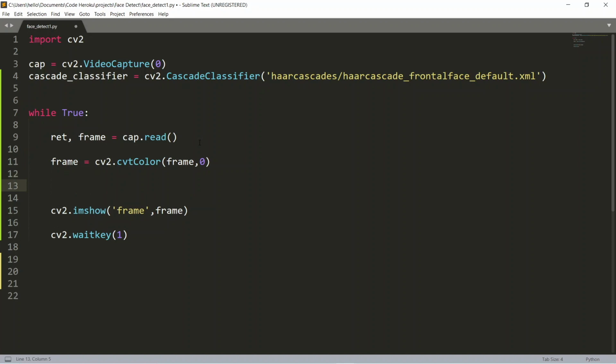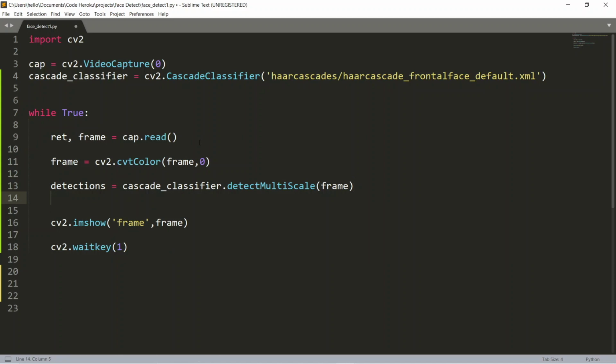Now if you got it right, we need to use the detectMultiScale method from the cascaded classifier class. So we will pass this grayscale frame that we have just prepared to this detectMultiScale method, and this also takes a couple of additional hyperparameters. These parameters are just used to fine tune your results, so I suggest you try adjusting these values and see how the result changes based on these parameters.